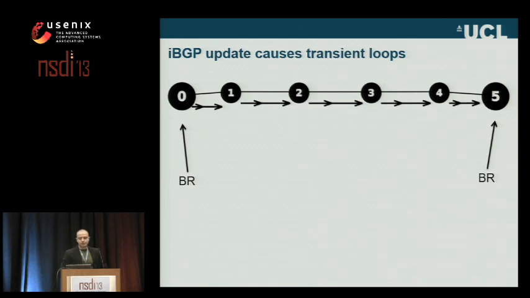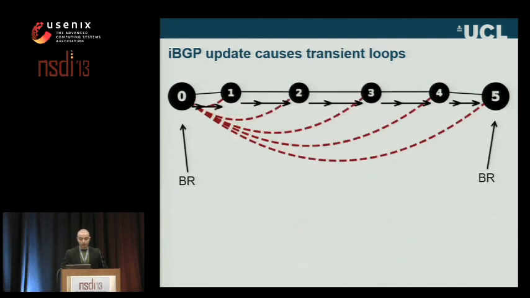Well, to see, let's take a look at this synthetic example. We only have 6 devices in the autonomous system. There are 2 border routers. And there is only one route for a single external prefix. During this talk, I will only be focusing on what happens with one prefix. This single route directs traffic for the prefix to use 5 currently to exit the autonomous system.